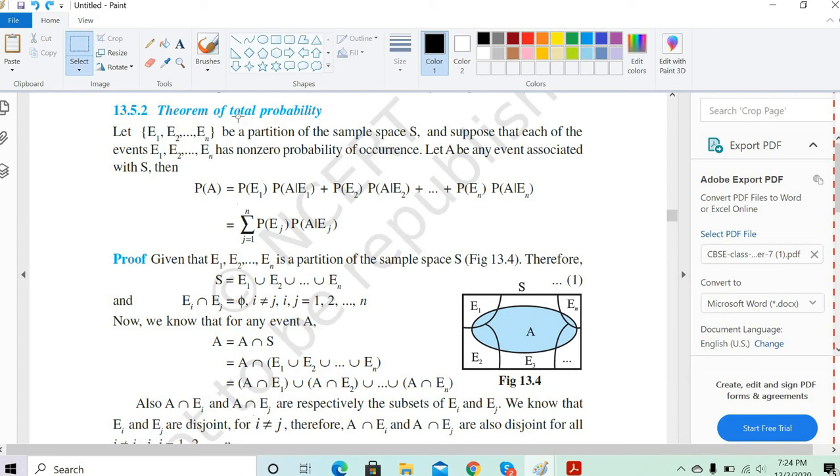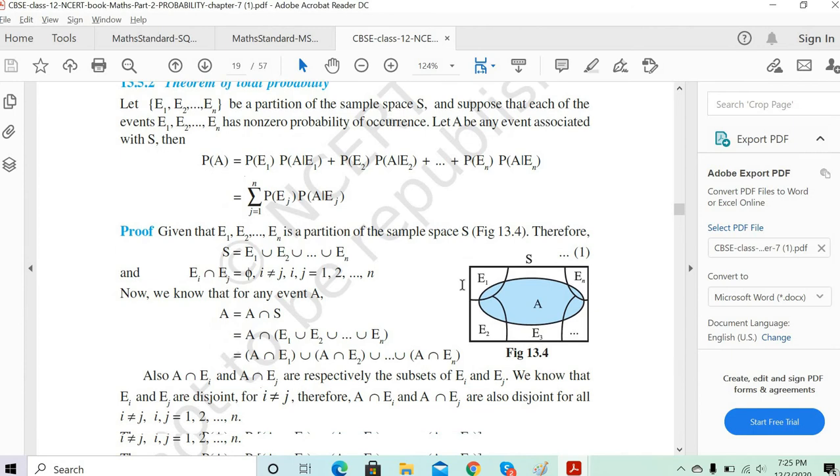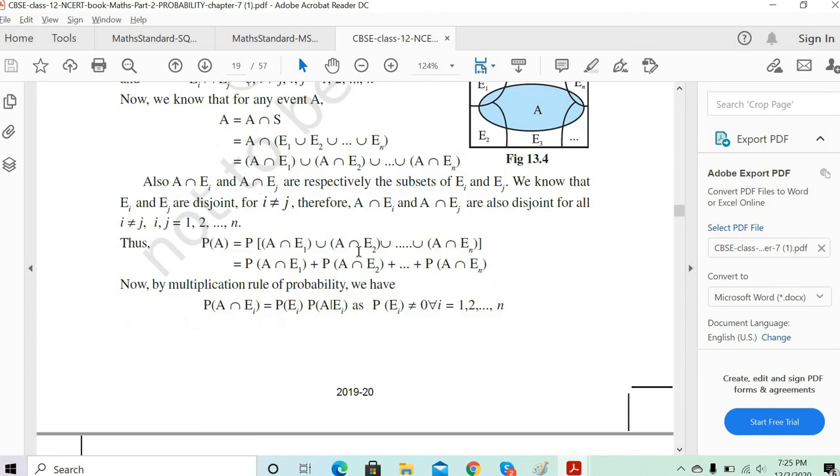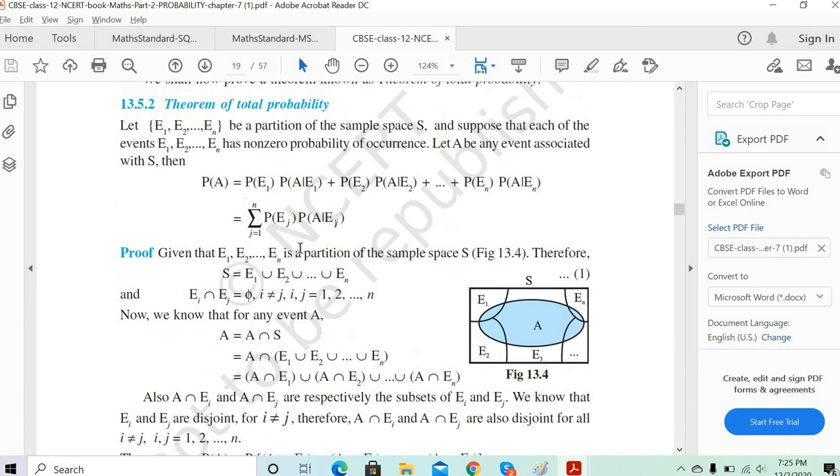Did you understand or not? That's it. This is the theorem of total probability. How hard was it for them to write A intersection E1? It's not hard. It's just the way it is written, but you can understand the way it is to be understood. Got it? Sir, I have to think back to the conditional probability thing to understand this. Yeah, it's conditional probability only, Nihar. It is conditional probability because the theorem of total probability is based on conditional probability only.